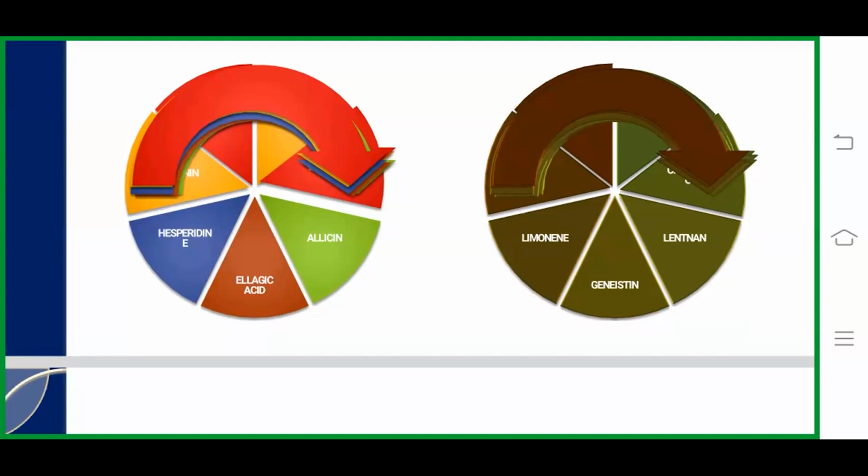And likewise, vegetables like broccoli are now coming up. At my insistence, they have made it a daily table menu item. Likewise, button mushrooms and oyster mushrooms are very important because they contain lentinan, and broccoli contains the anti-cancer compound sulforaphane. Likewise, we have identified the different compositions of the different herbal constituents as well as the marine